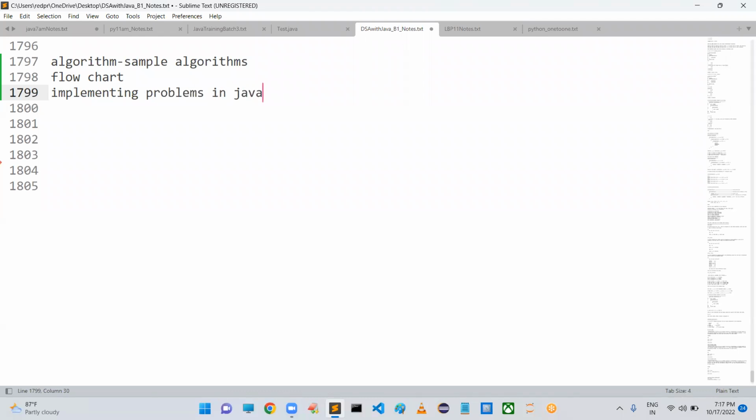If I get any problem, how can we prepare an algorithm for that problem statement and solve it using Java programming, we have seen very clearly in the last videos.